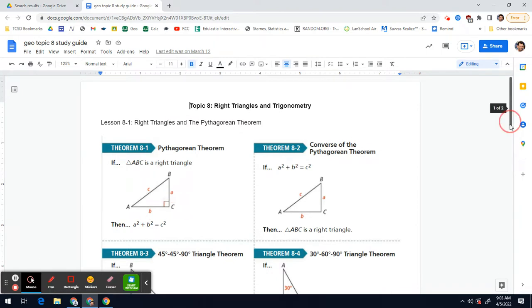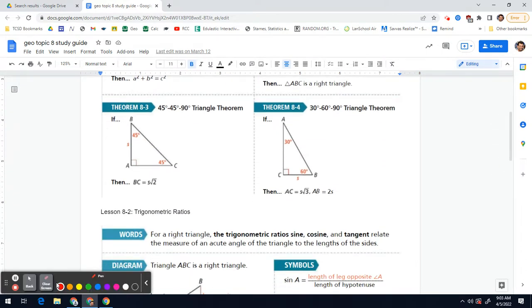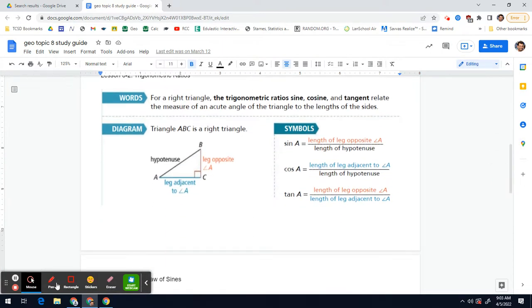The special right triangles, again, I don't think you'll see them, but they are on the reference sheet, right? So they are there on the formula sheet. Okay. Trigonometry. There will definitely be a handful of trigonometry questions. Now, again, they don't always make you solve for things. Sometimes they do. But a lot of times it's just using the ratios, which are on the state test formula